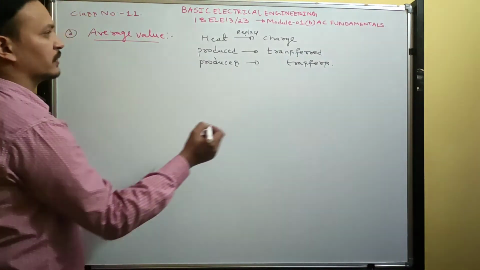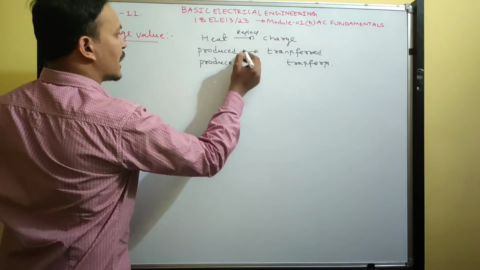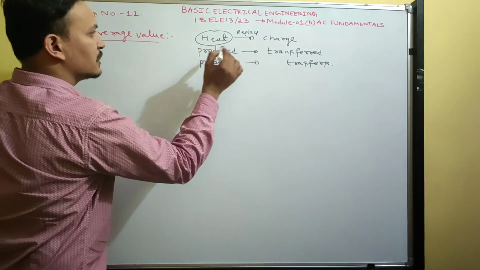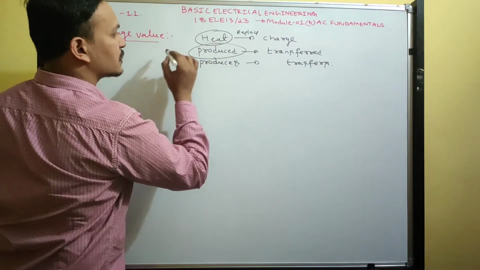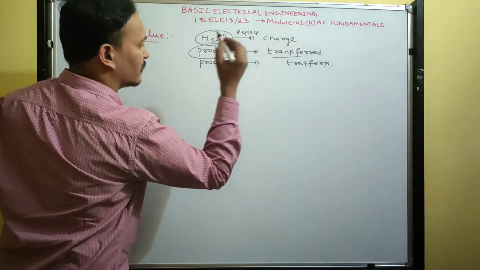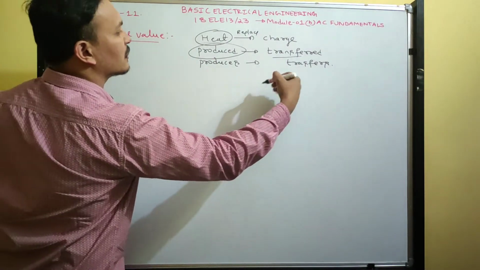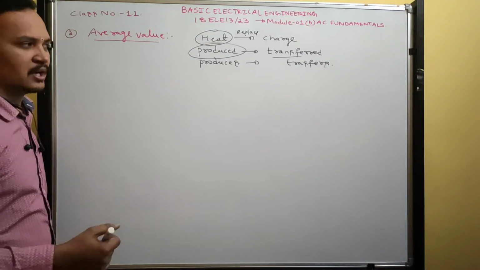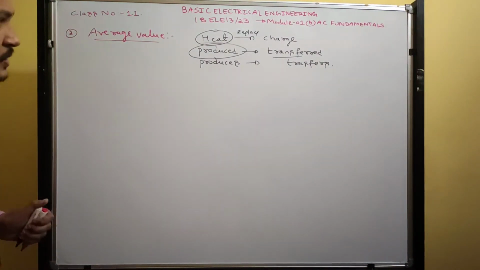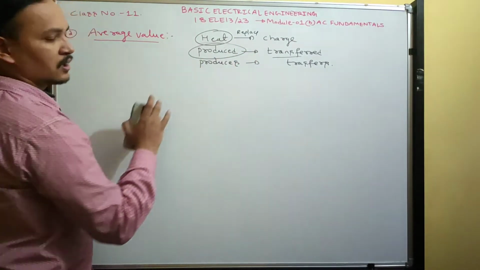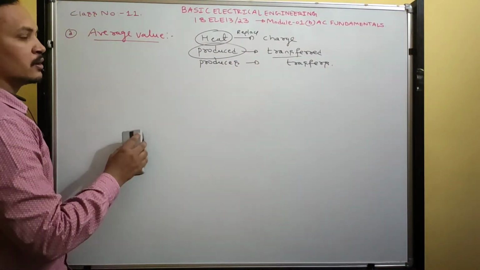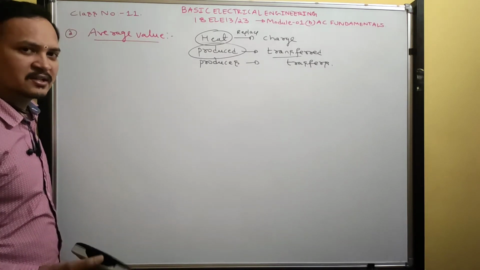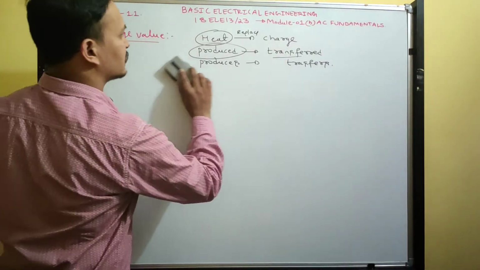Understood? Fine. So what you wrote for the RMS definition, same thing you write. You search for these words. If I wrote heat, you write charge. If I wrote produced in that sentence, you write transferred. If I wrote produces, you write transfers. Rest everything is the same, and RMS is replaced by average. Okay, got it. Very good. So copy down this short form definition. You need not learn it by heart. Charging effect, average value. Heating effect, RMS value.